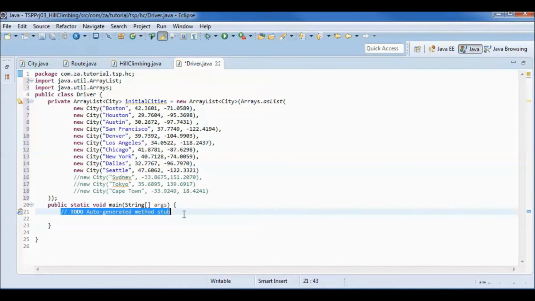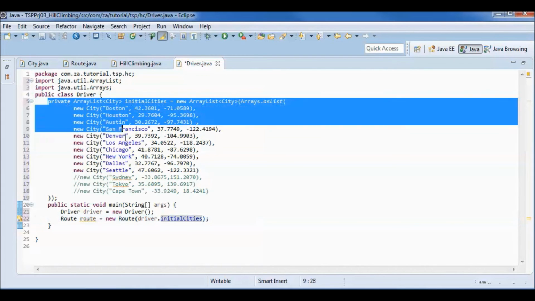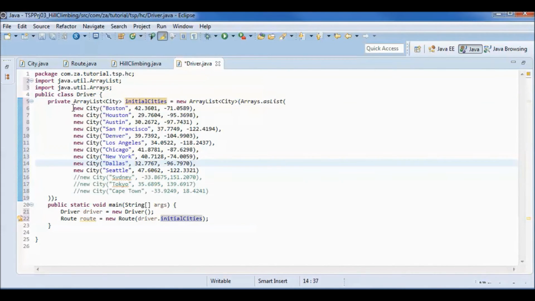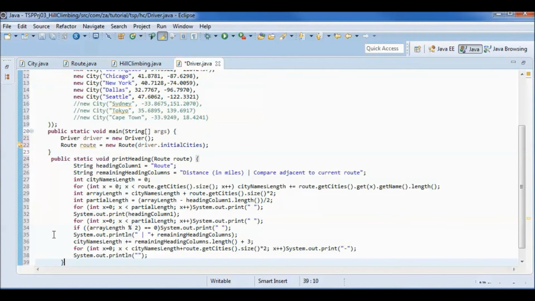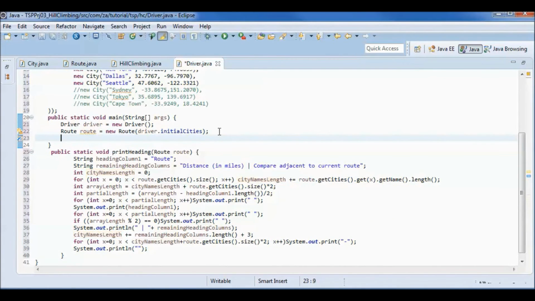So in main I will instantiate a driver and a route given the initial cities, and given that the number of cities here can vary, so the size of this column can vary. So I'll have this print heading method that is able to handle the changing size, and I will call it from here.